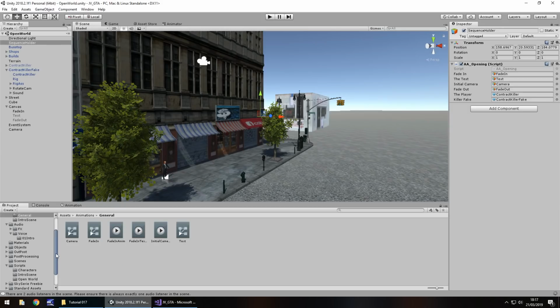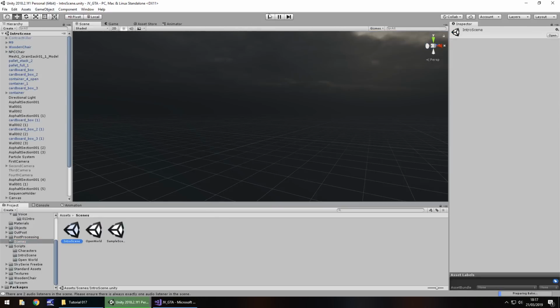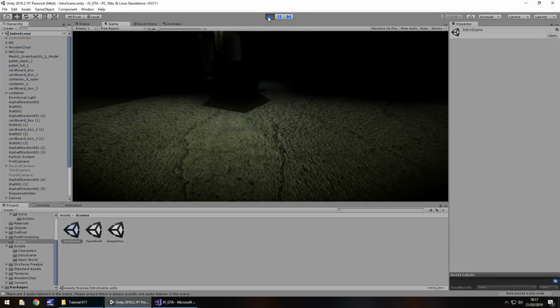So what I'm going to do is I'm going to go back to our intro sequence and let the whole thing play. So we'll be starting from our intro sequence, playing through up until the point where we can actually control our character. So let's head to scenes, intro scene, and let's check this out. So I'm going to go quiet for just a couple of seconds while this plays out.